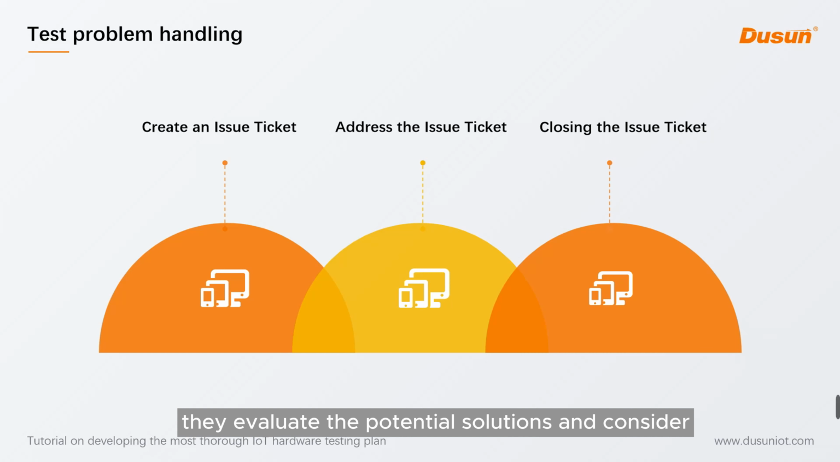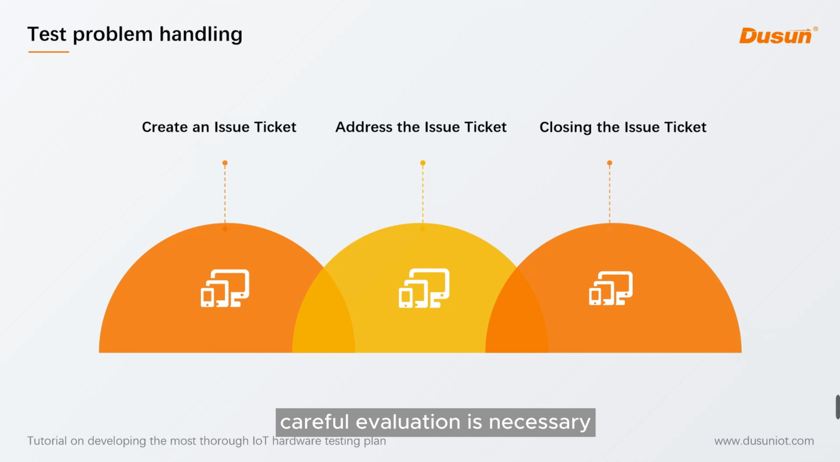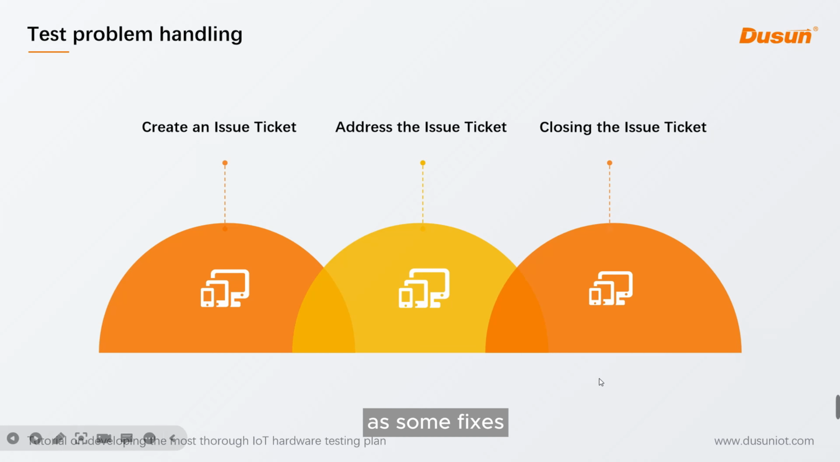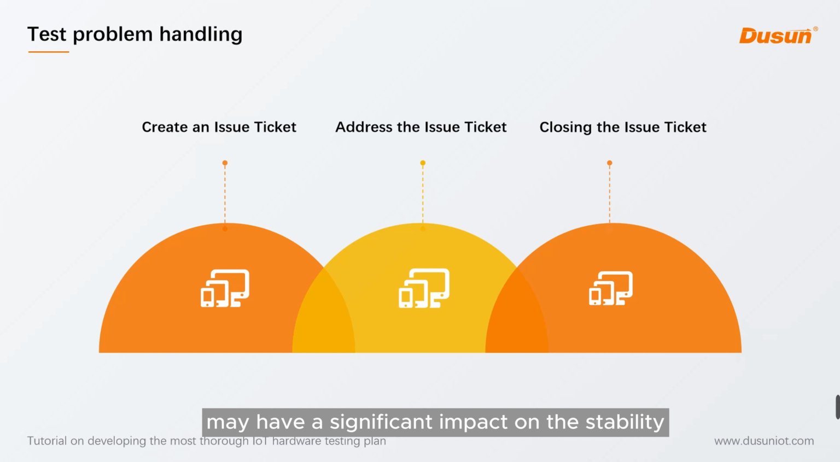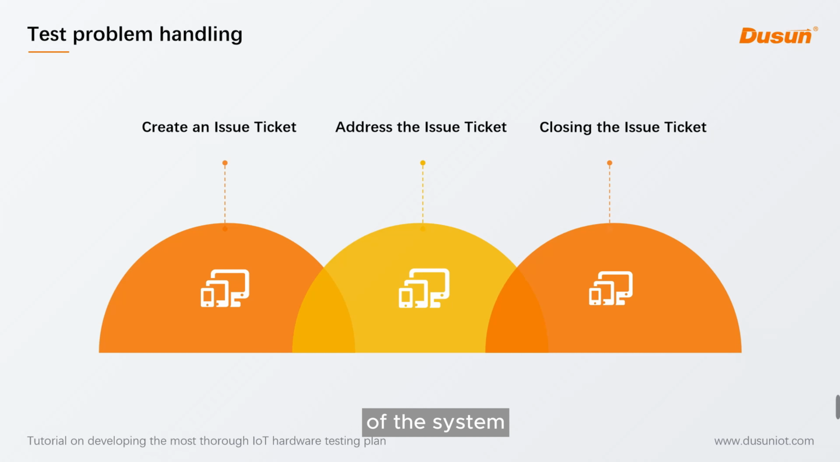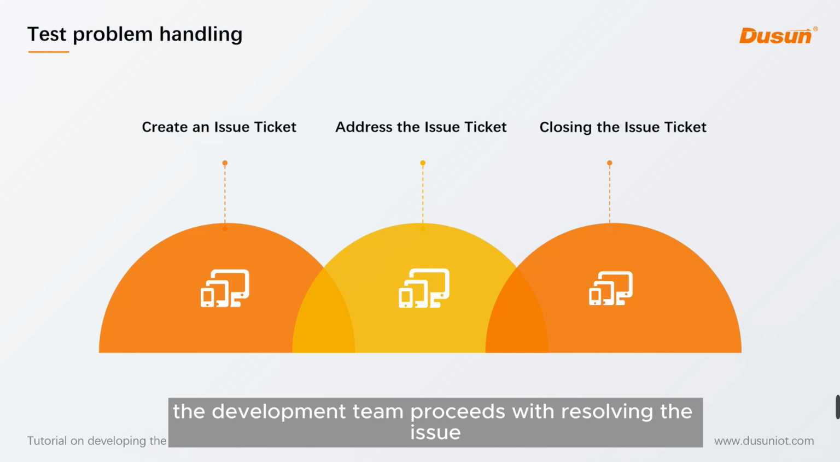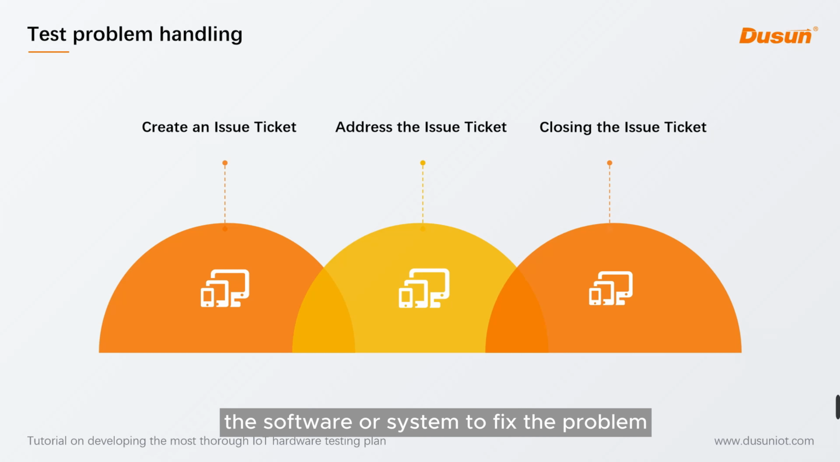They evaluate the potential solutions and consider the implications on the existing stable architecture. Careful evaluation is necessary, as some fixes may have a significant impact on the stability of the system. If feasible, the development team proceeds with resolving the issue. They make the necessary changes to the software or system to fix the problem while considering the potential impact on